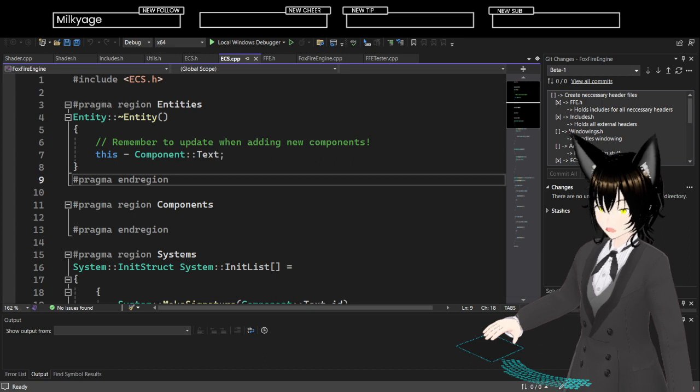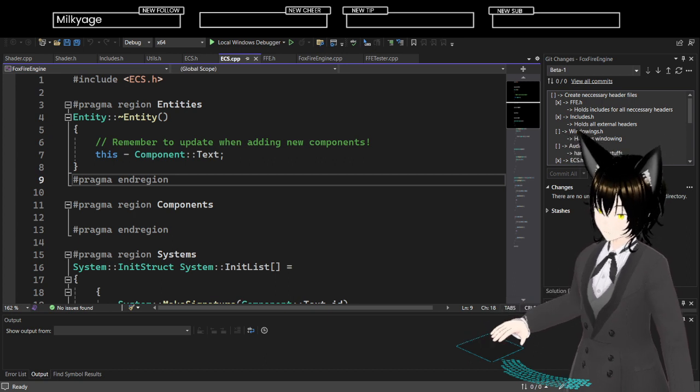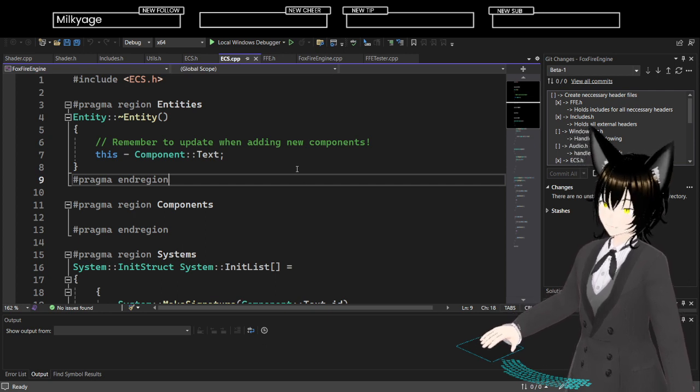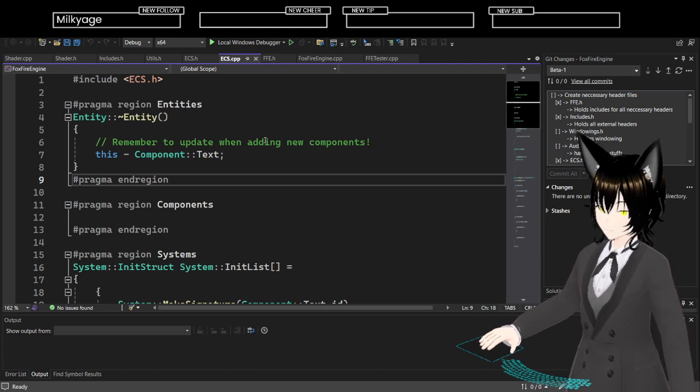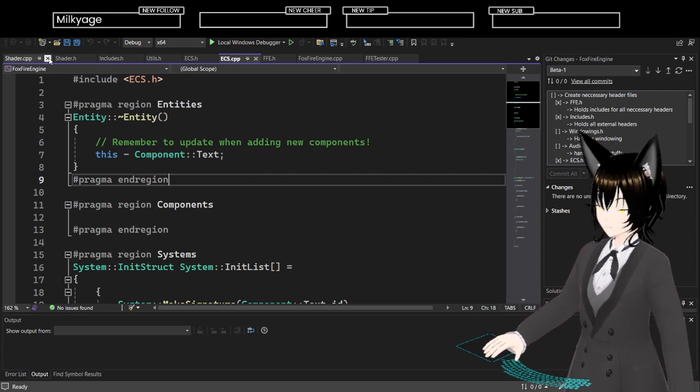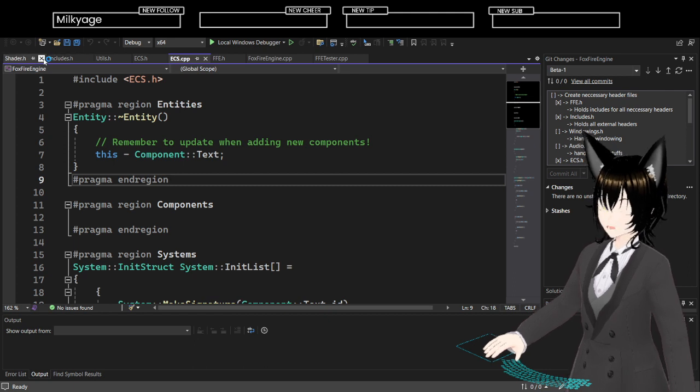Okay, cool. Hello. So, this stream I'm going to be refactoring the entity component system. It's definitely totally not because I have no idea what I'm doing with OpenGL or anything like that. Definitely not because of that.